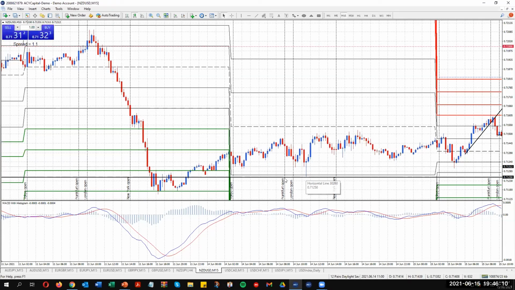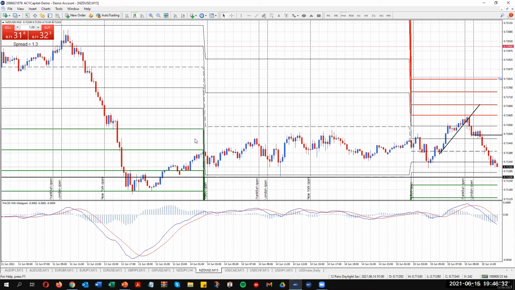That was Monday. The day before, it tried to get below that level of daily support and then came back above. So it's told you for 2 days that that level of support is holding as support. So if you're going to set your target beyond that level, you might have difficulty meeting your target. All right. So for me, yes, we're seeing profit as it's moving down, but can I get my 1 to 2 target? You must have a 1 to 2 target that you can get before support